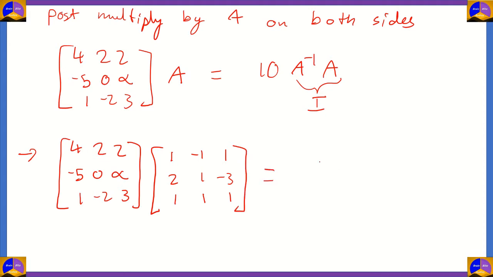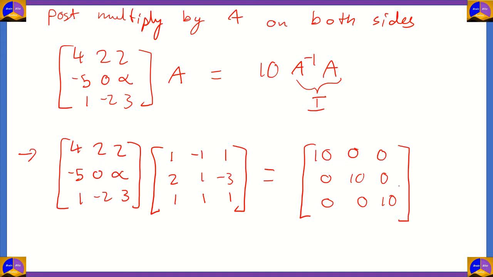The right hand side is equal to the matrix [10, 0, 0; 0, 10, 0; 0, 0, 10]. Now we have to do matrix multiplication on the left hand side, and then the matrix that we get on the left hand side will be equal to the right hand side,